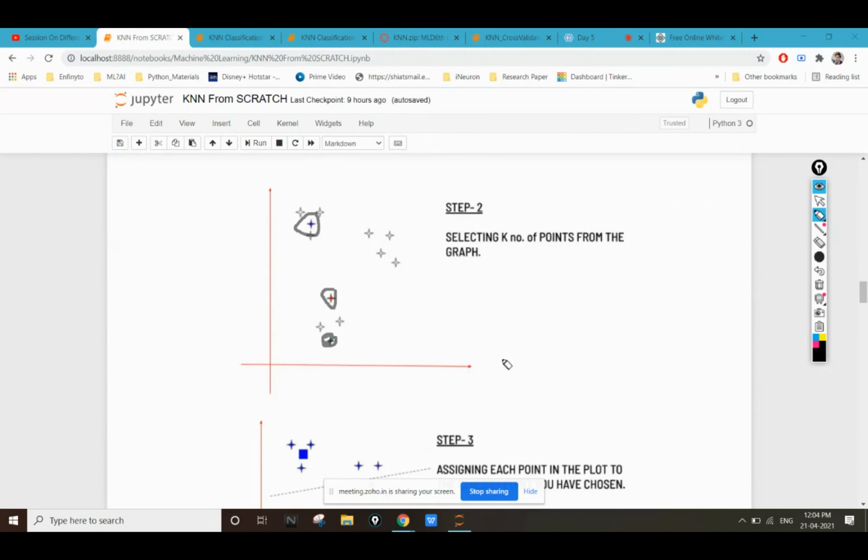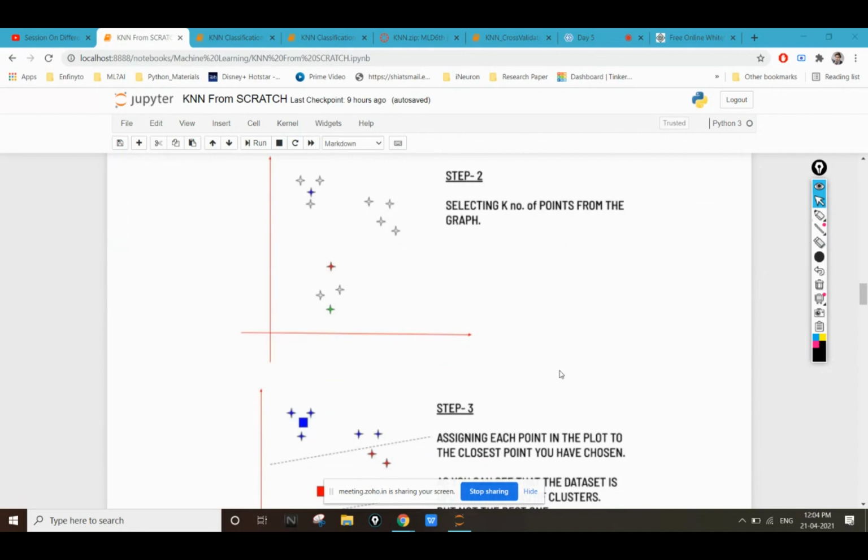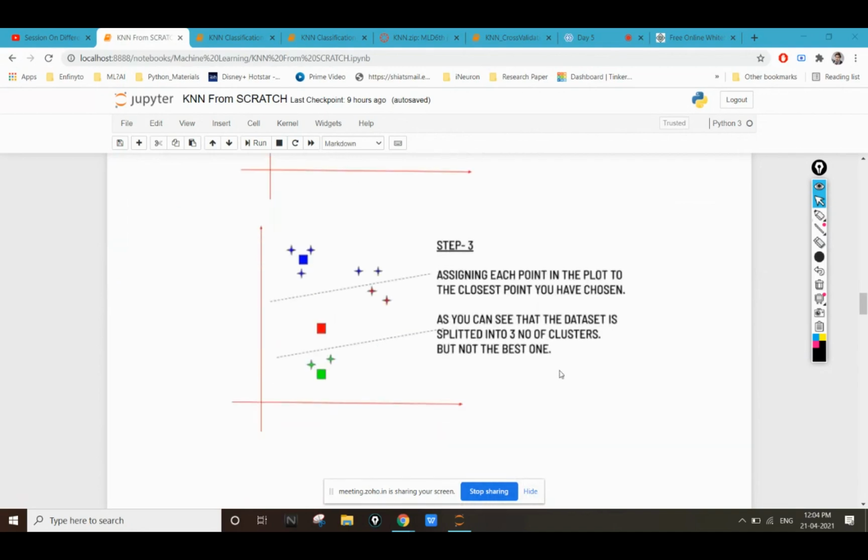Based on these random center points, we are going to categorize the remaining points into clusters. When we assign all the points to the closest of our chosen centers, we see that we have classified them into these particular categories.